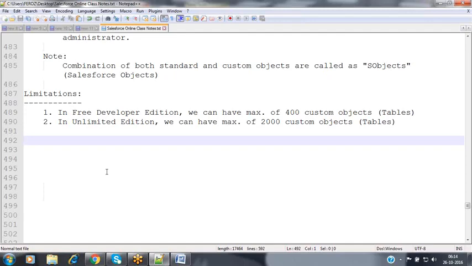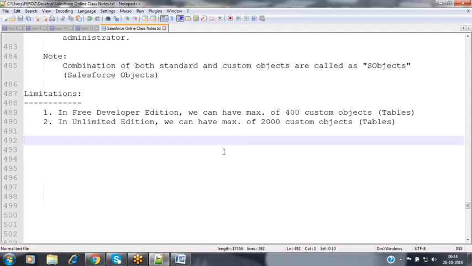Because Salesforce changes these limits from time to time, we need to be careful and check that too. In each release, like the Winter edition, there are a lot of changes, but changes to the objects limit will be very, very rare.